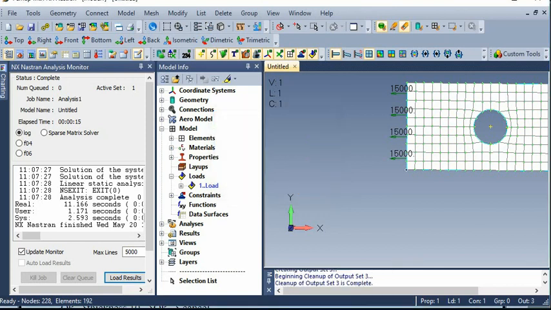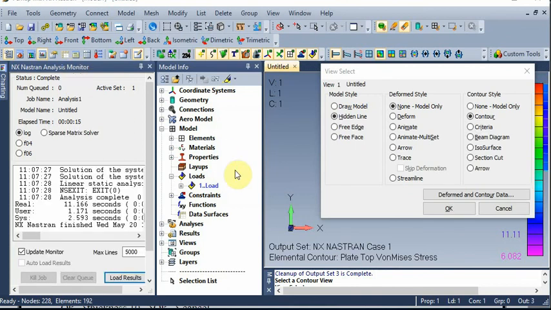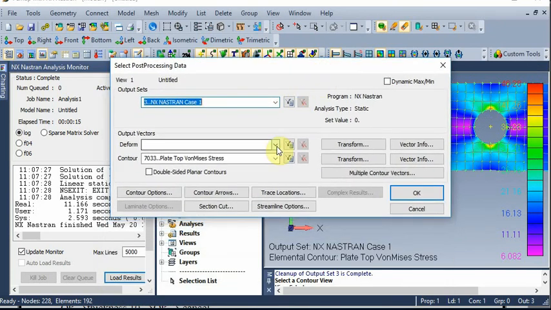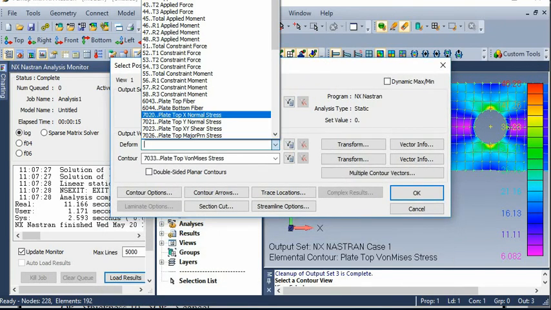Now it's all about post processing. Press function key F5, then this window will appear. Make it draw model. Here deform, here contour. Click this one. Now we have to select the deformation which we require.